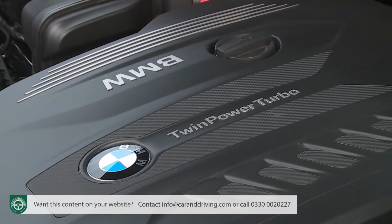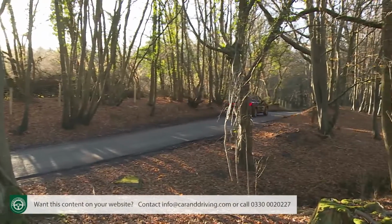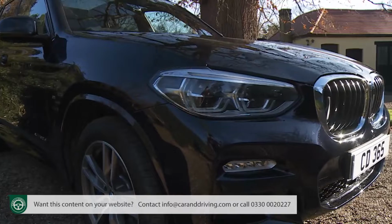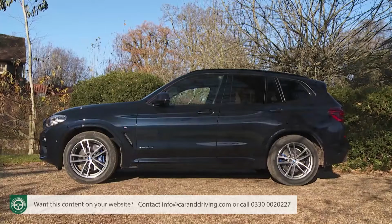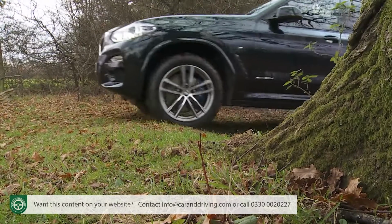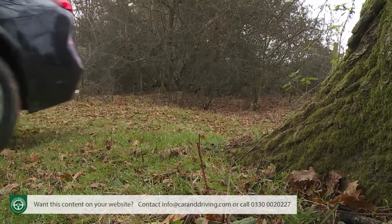Class-leadingly slippery aerodynamics help too, the drag factor having been improved from 0.36 to 0.29 CD, with detail area improvements including air curtains across the front wheels, a rear spoiler with sculpted end plates, additional underbody cladding and active radiator grille vanes. Plus, significant efficiency gains have been made with the intelligent four-wheel drive setup in comparison to the previous